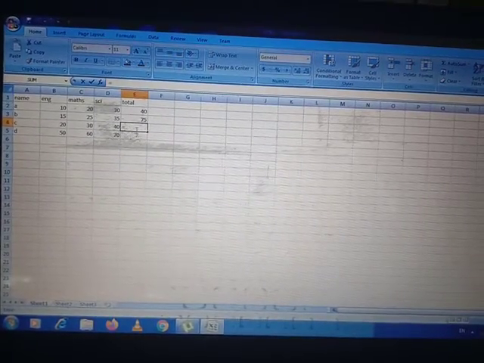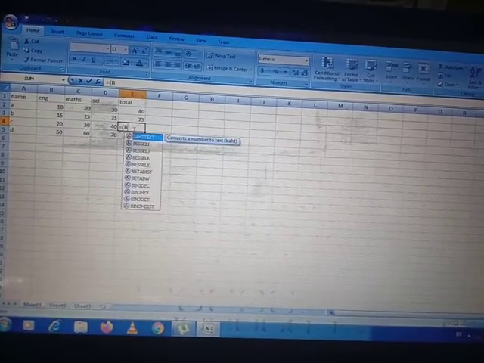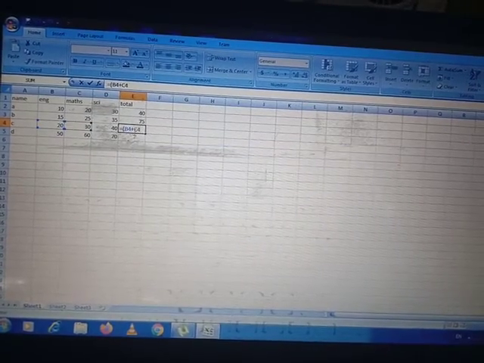Similarly, equals to B4 plus C4 plus D4.